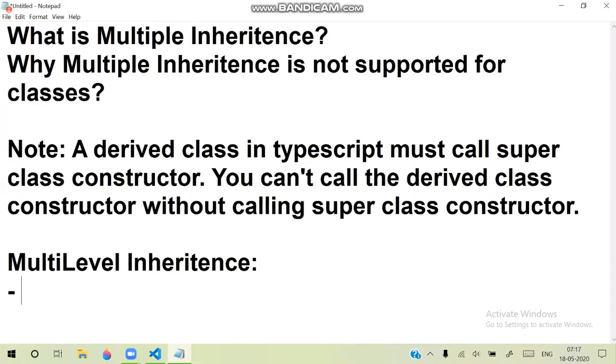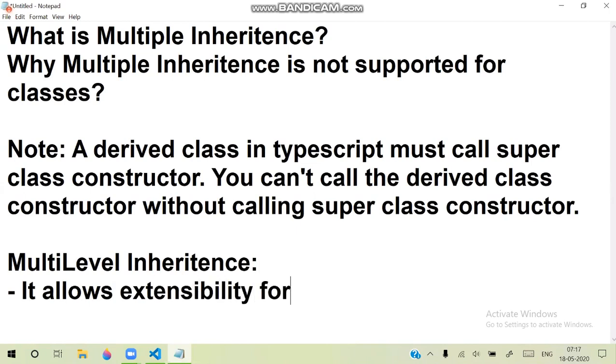So here, what is multi-level inheritance? Simple. It allows extensibility for a derived class. Usually, a base class is extended. So multi-level inheritance allows extensibility for a derived class.